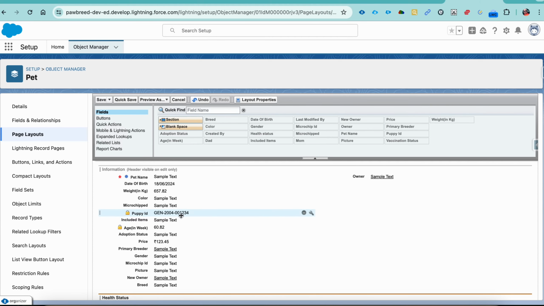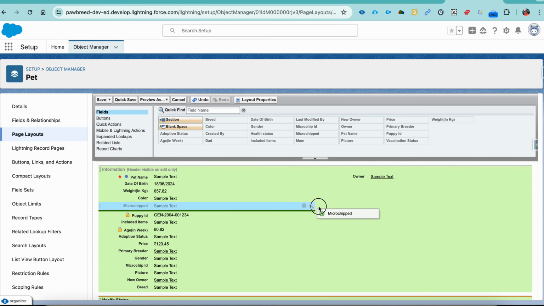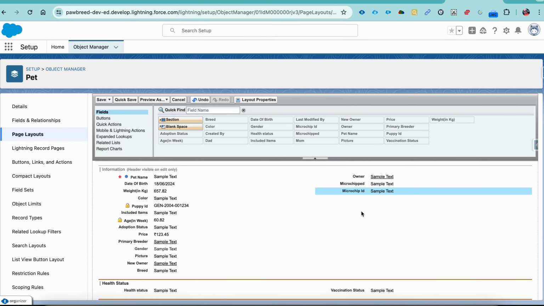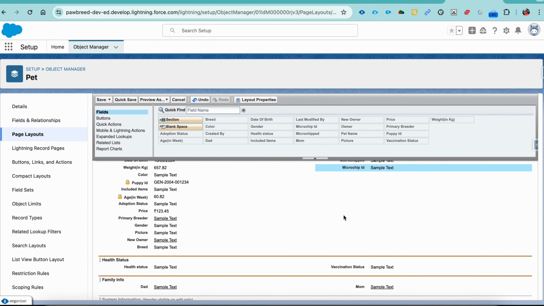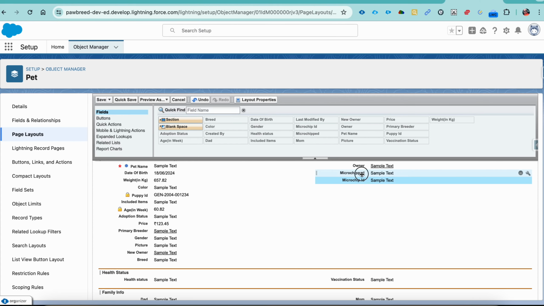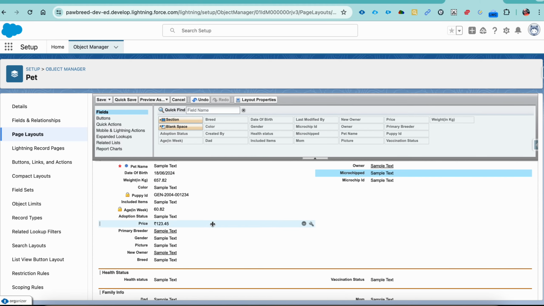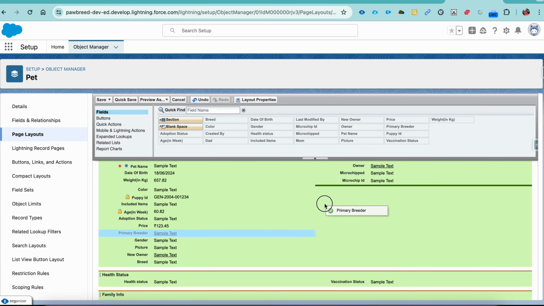And then we are going to have a microchip ID. You can also put this microchip ID in the health status also. It's not related to health, but it's more identity related. And then